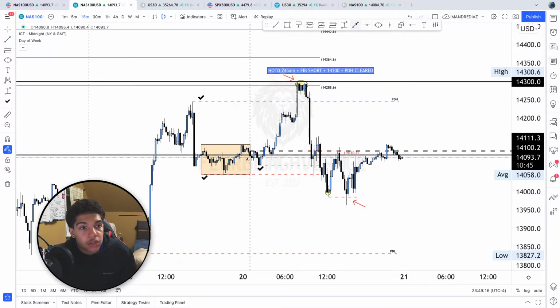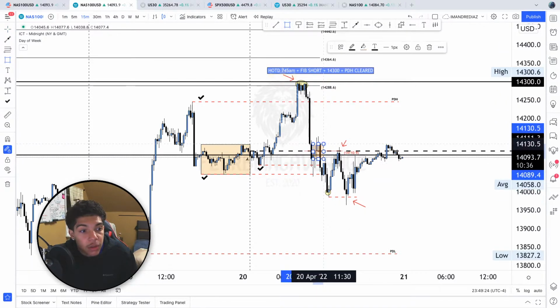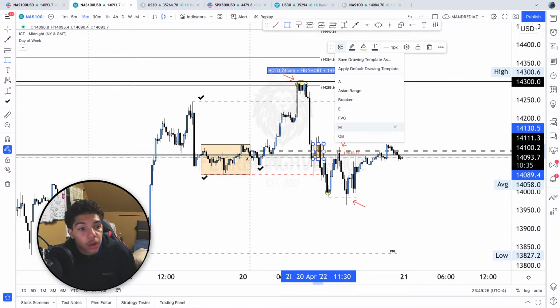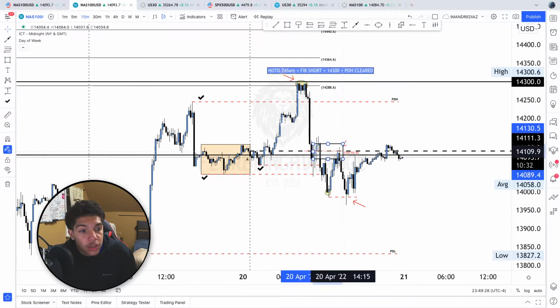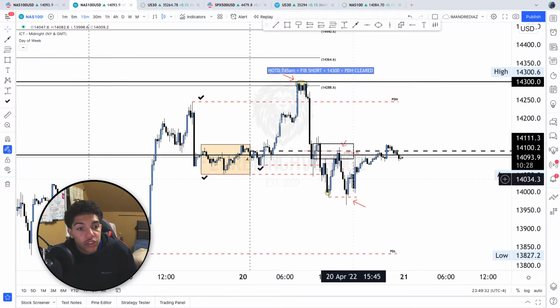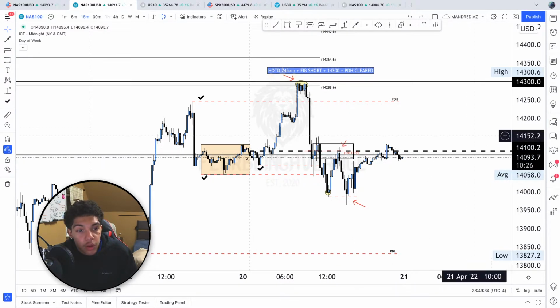So here, let me annotate this also, because this could have been a potential re-entry for anybody that was looking for a potential trade, because you also look to the left, these 4 consecutive up candles is going to be our bearish order block right in here. So price retraced right into that bearish order block, right into that 38.20% rejection, right into 14,100 at the 12